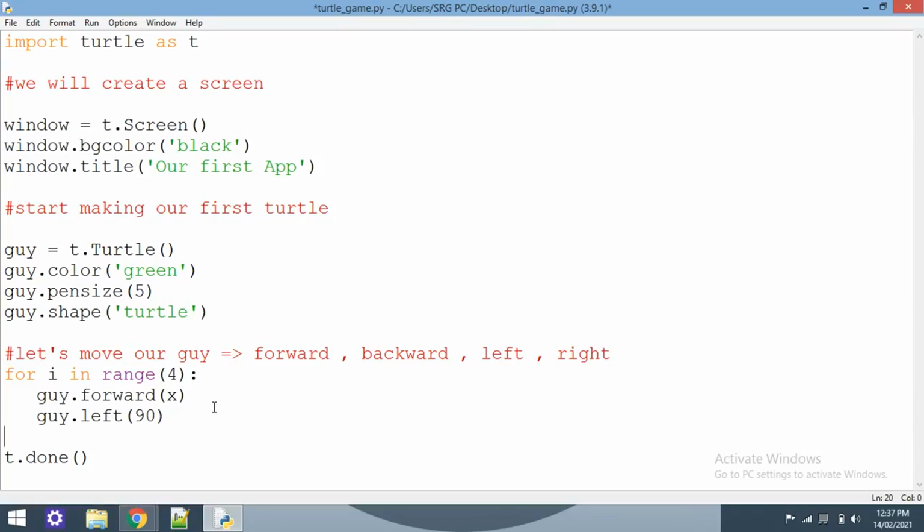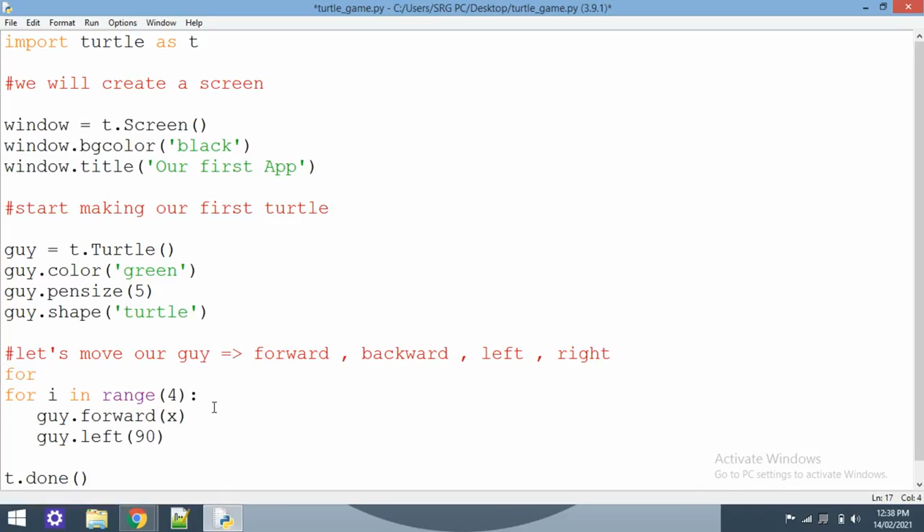When it becomes 70, it becomes a 70 pixel side. So as we increase the value of x, it increases the pixel size of a side. So why not make a loop with an x variable, where x varies from 50 to 100. In range, you may get my point.